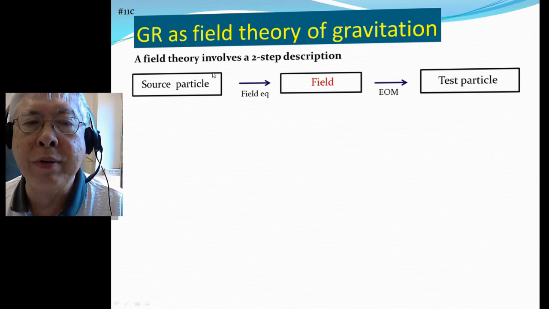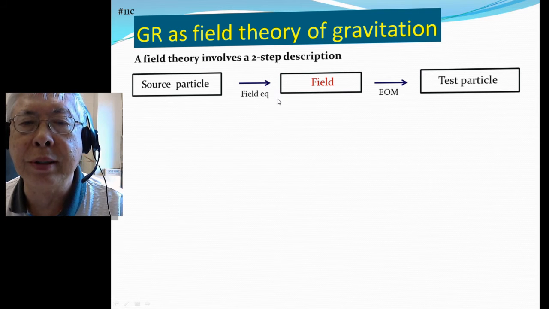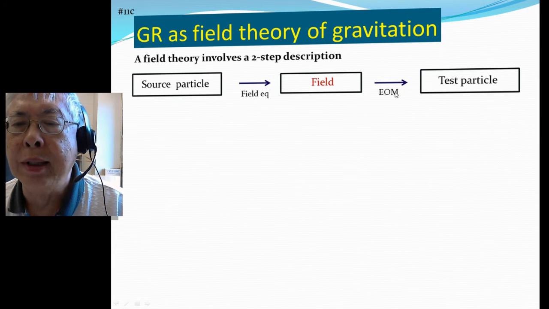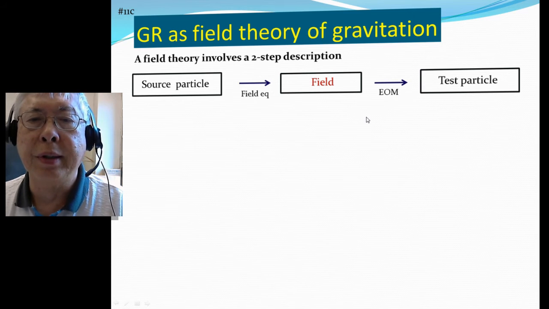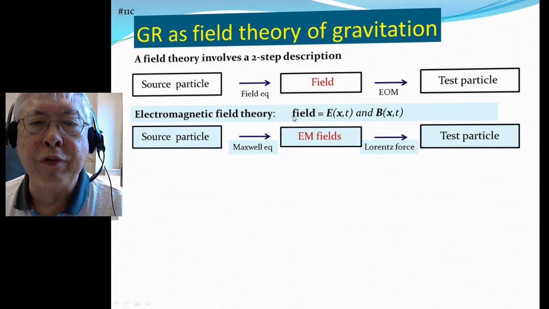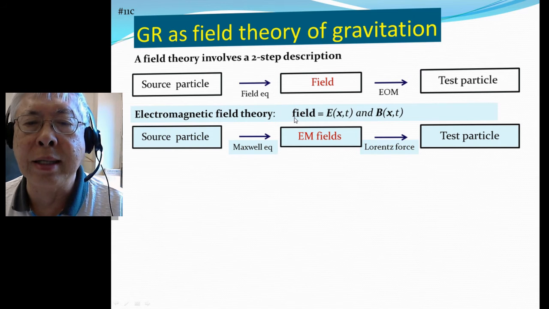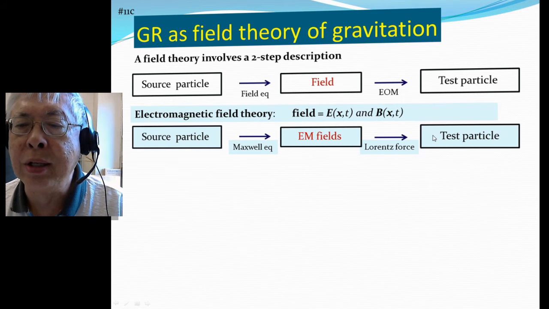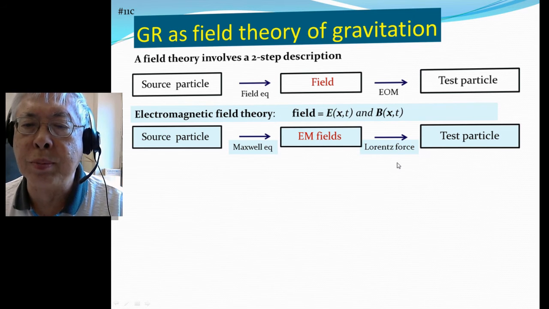The equation that describes, given the source distribution, how to find the field is the field equation. And the equation that describes the effect of the field on the test particle is the equation of motion. You're familiar with the electromagnetic field, in that case fields E and B. So a source particle, a source charge, will create E and B fields everywhere through Maxwell's equations. And the E and B fields then act on a test particle, a test charge, through the Lorentz force law, which is the equation of motion for